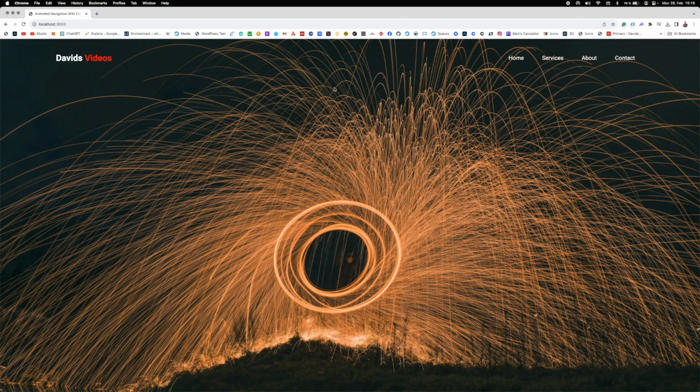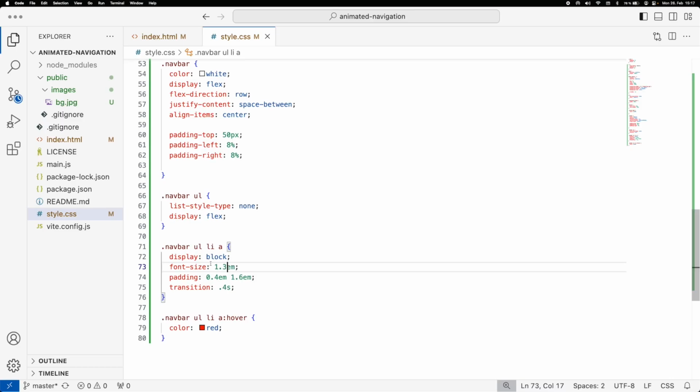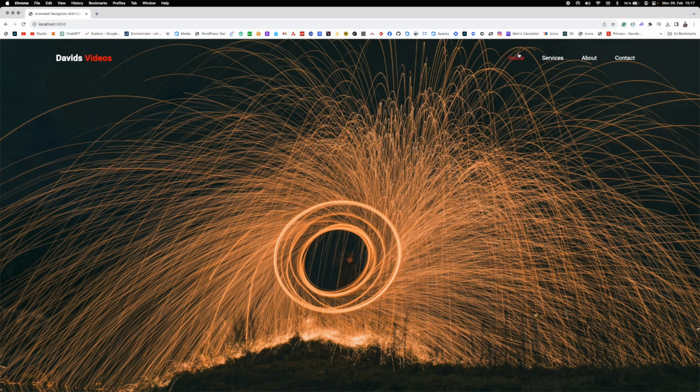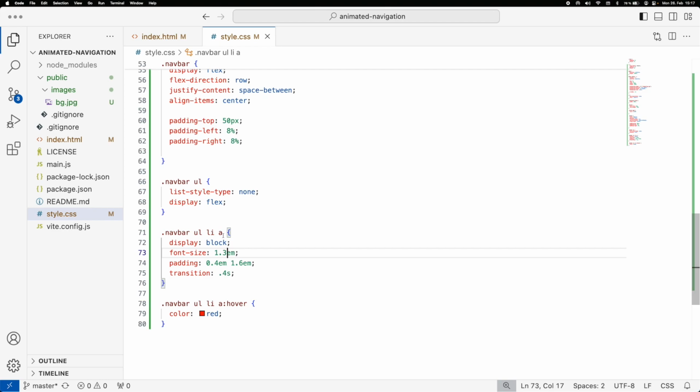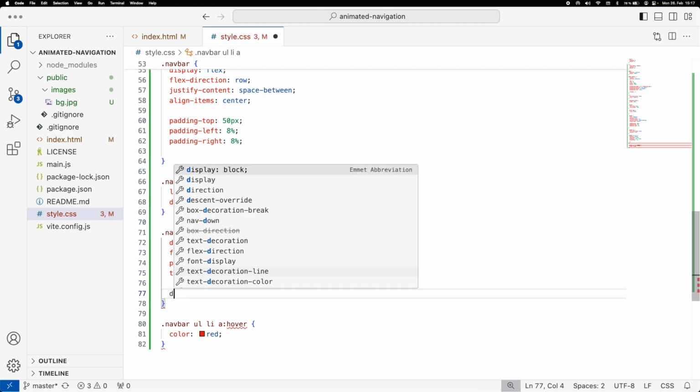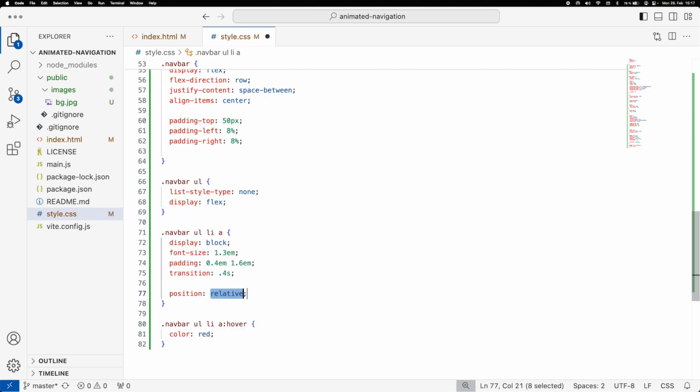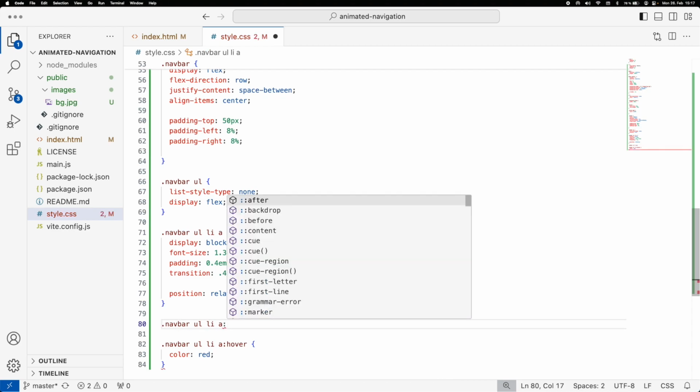Okay, so now comes the important part: how do we do this line underneath? We've got this hovering, right? But we need to somehow manipulate it to have a border on the bottom. Now you might think we want to add the border bottom to the actual item itself, but that's not what we're going to do. In the anchor tag, we're going to say position relative. We're going to do something pretty much along the lines of what we did previously already, and we are going to say then here